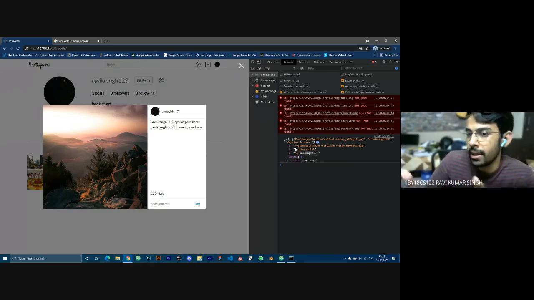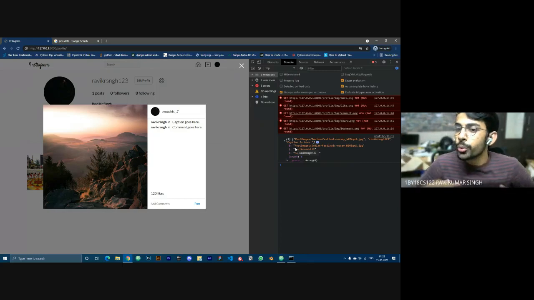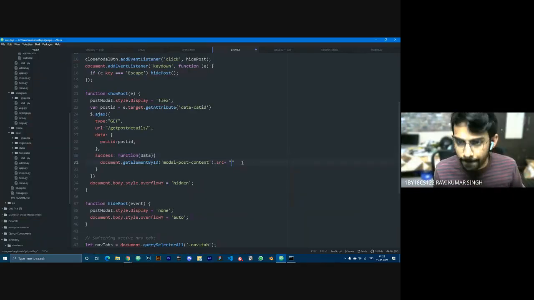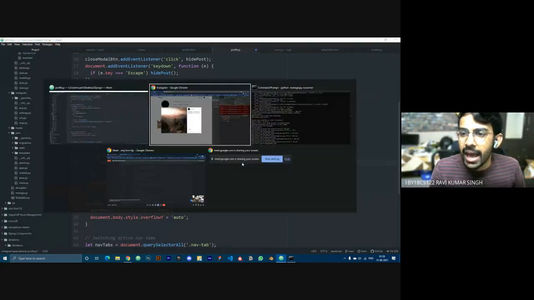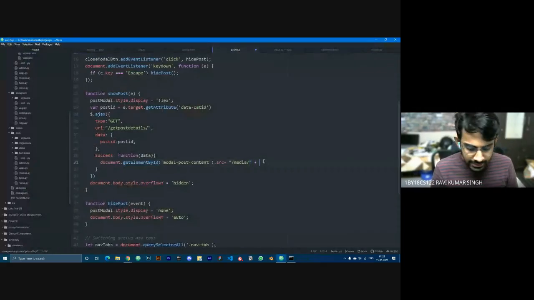Python knows how to handle media. JavaScript doesn't. So we need to add that media to this URL manually. So what we'll do is source as slash media slash, and then from post images onward it has. So I'll write plus data of 0.